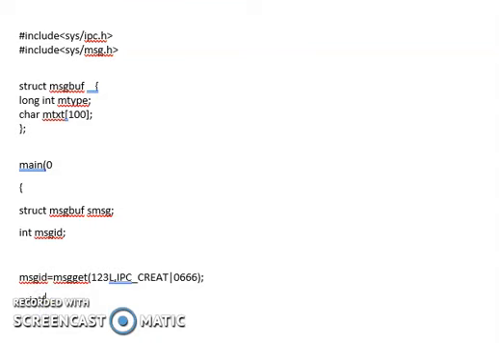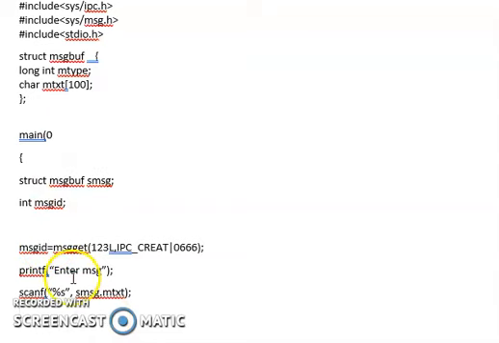So let me request the end user to give me the message which can be added to the message queue. As I am using printf, let us include stdio.h on the top. Now let me scan the string, so %s, and my variable here which is used is smsg. So I'll go for using smsg dot. The data of my message will be stored inside the string called mtext. So let me use that here, mtext.